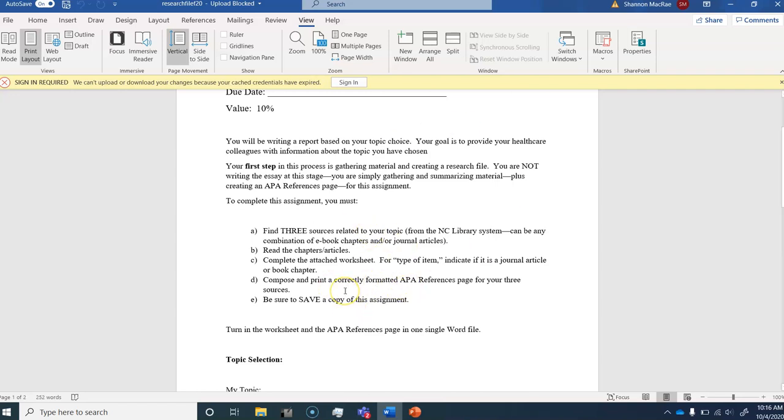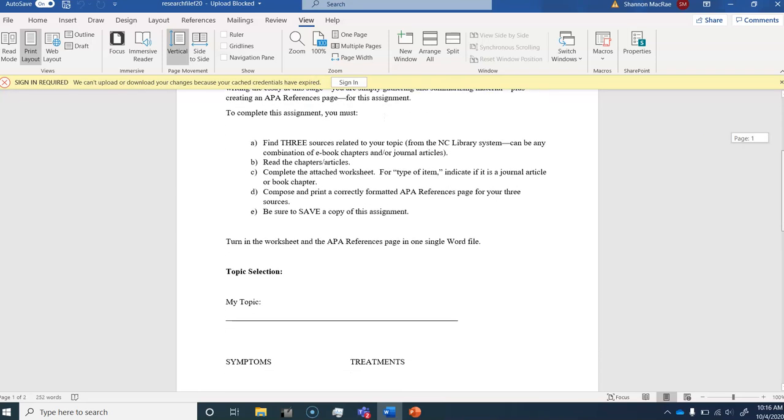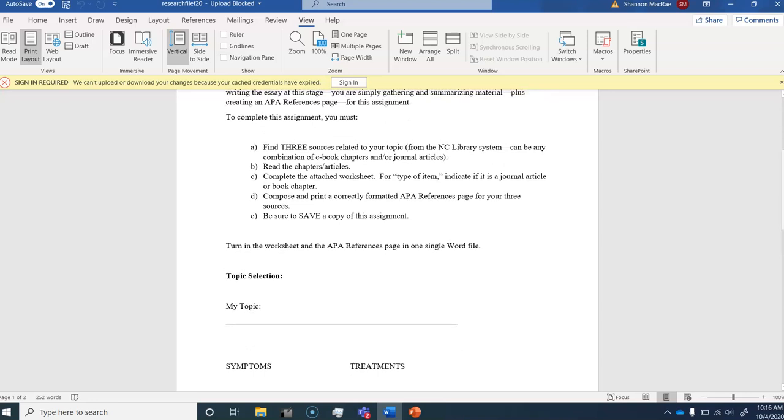You can simply use this file if you want to. You can use this Word file if that works for you. Or you can create a brand new Word document, whatever works for you. For your APA references page, you can just use the running head research file. Okay, and that's all I'm looking for.